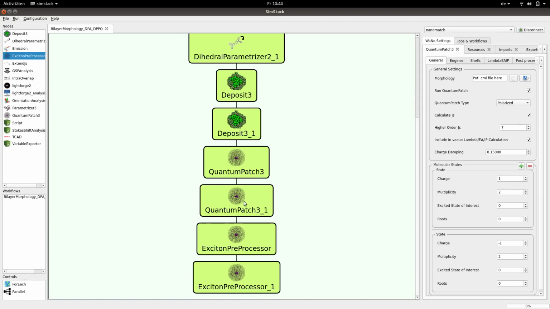For QuantumPatch, again, double click on these modules to see the respective settings. Here for both QuantumPatch modules we will load the interface morphology, which is the output of the second deposit module. So we choose deposit 3.1 structure PBC CML. The structure PBC CML is basically the deposited morphology but extended in XY direction periodically